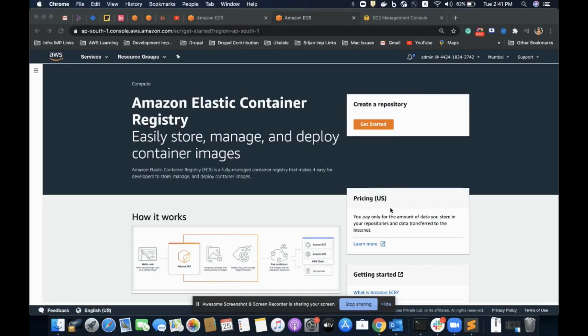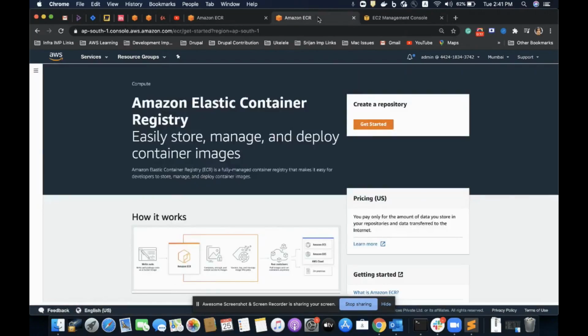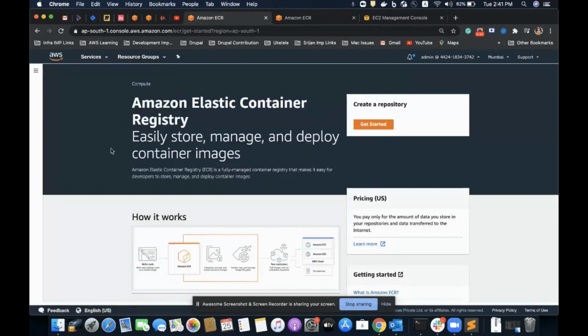Hello everyone. So in this video we'll learn about how we can host our application on an ECS cluster, what all we need, and how we are going to do that with a live demo. We'll start with pushing our Docker based repository to ECR, which is Amazon Elastic Container Registry.